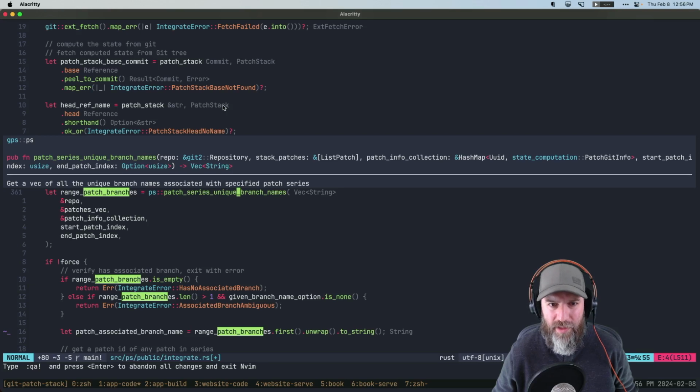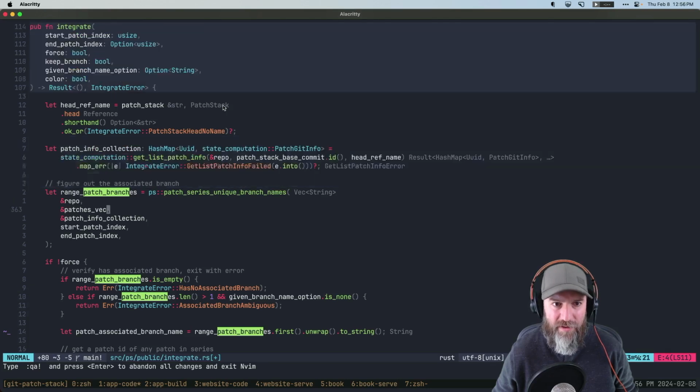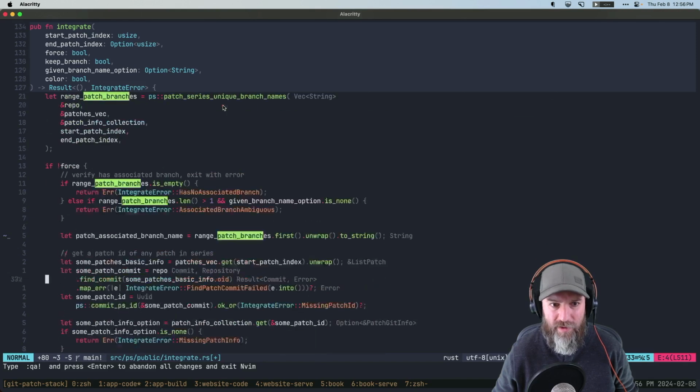Okay, so this is the patch series unique branch names. So this goes through each of the patches in the patch series and finds their associated unique branch names. And then we find out if it's empty. If there's none, then we say there's one. Then we say, give me the first one. If there's one, this is gonna go away. If there's more than one,